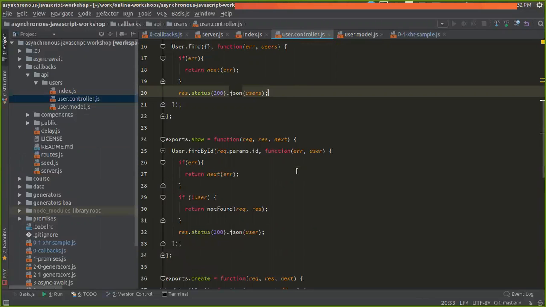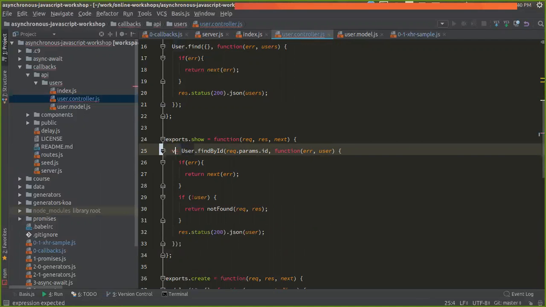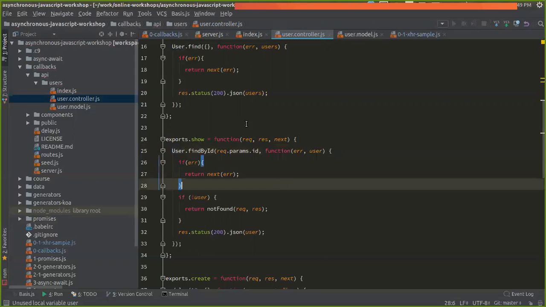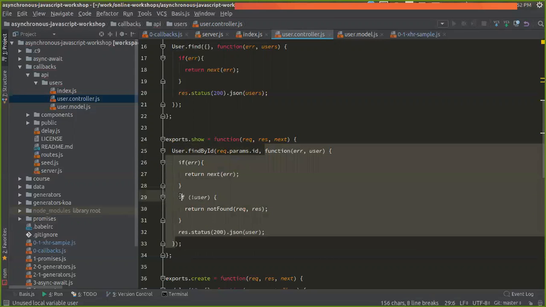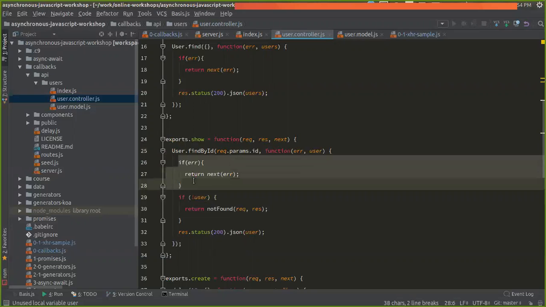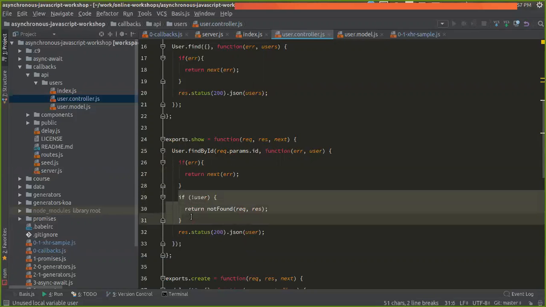So let's check the other one. In this case, user find by ID, and as you see, it doesn't have anything like this, for instance, var user equals something. It doesn't have this. Why? Because it is using callbacks. So you have to pass this function. Again, you have to check for the error. One more time, it is likely that the process of calling the function, executing the query against the MongoDB database,